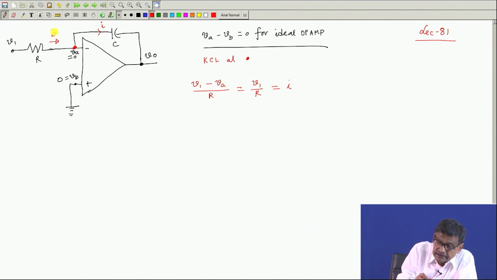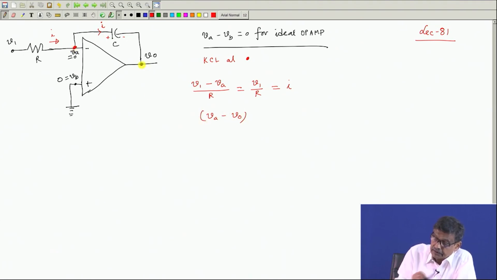So, this is I, this is also I. If this current is I, then voltage across the capacitor, with this plus and this minus. What is the voltage across the capacitor? Here you should be careful. Voltage across the capacitor is VA minus V naught,